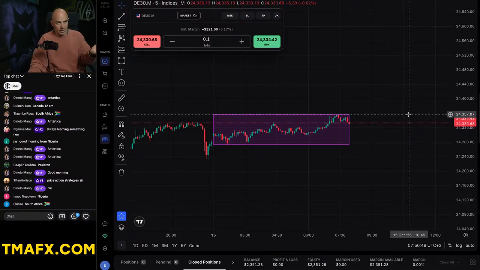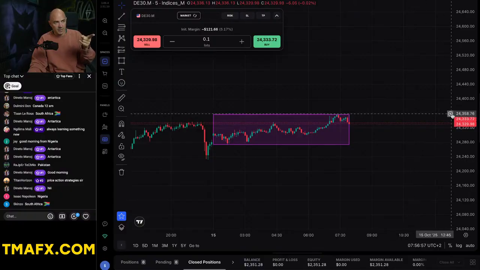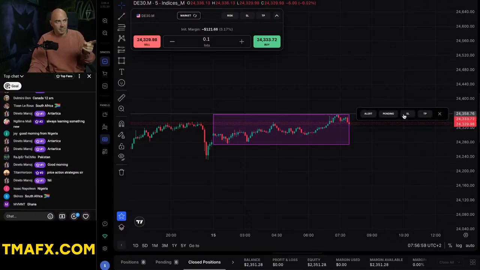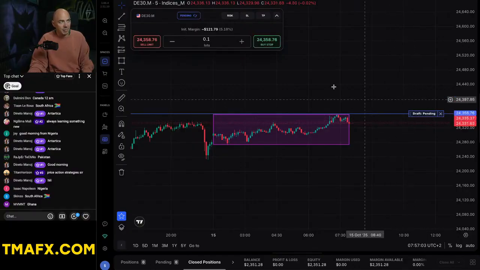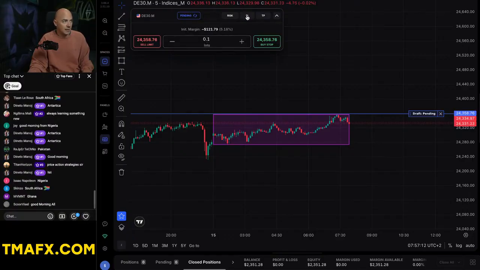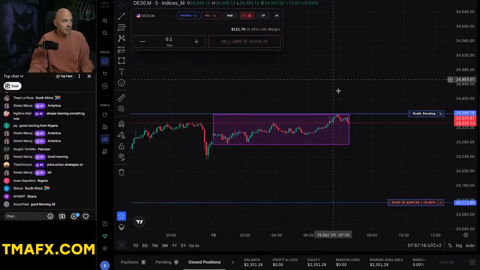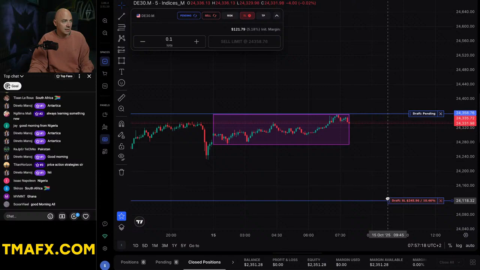Yeah, TradeLocker. Hover over with your cursor, the crosshairs, and you see that little plus icon that pops up on the right-hand side right next to the prices. You click on that, and then you click pending. And then it's going to create a pending order, and you'll see your order panel right here. I'm trading a 0.1. And on the top of the range, I'm looking for a breakout to the top. So my stop loss,